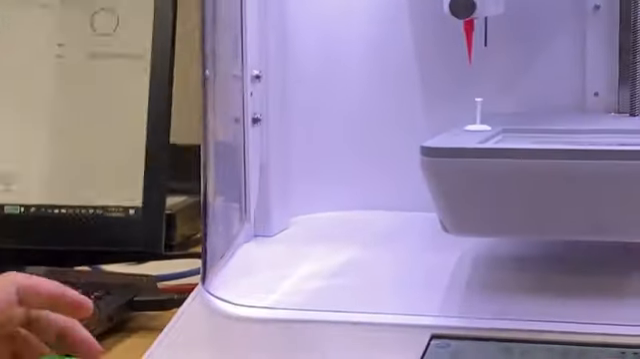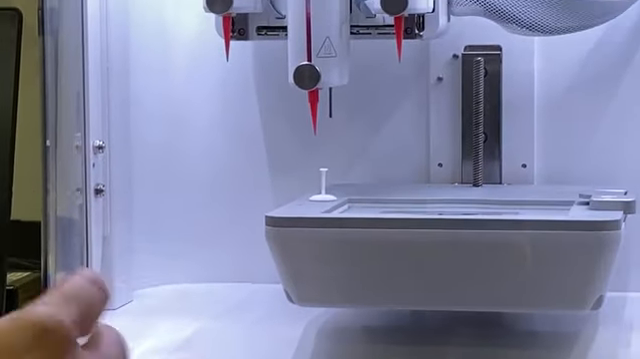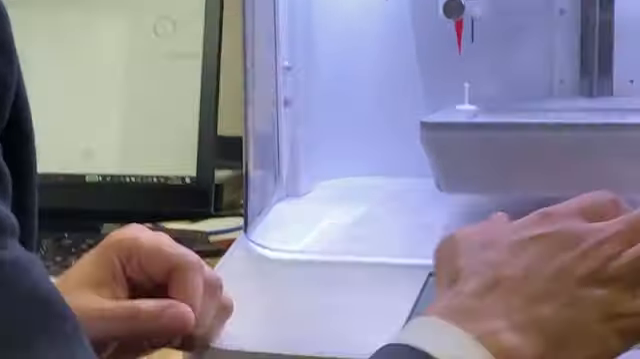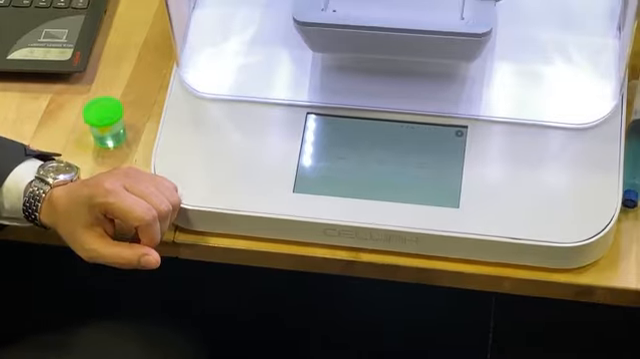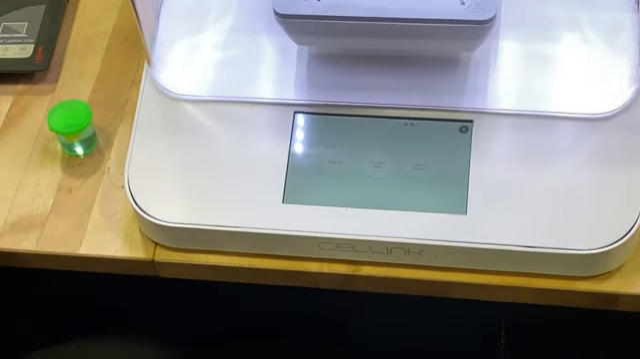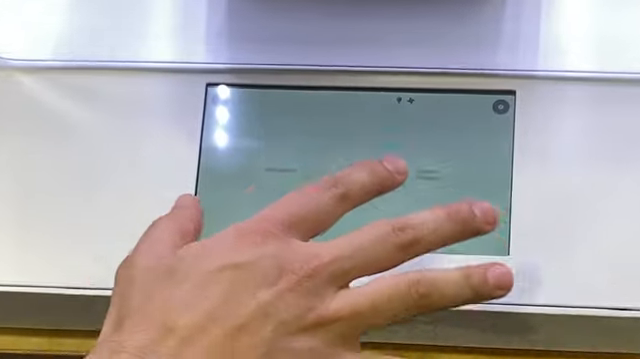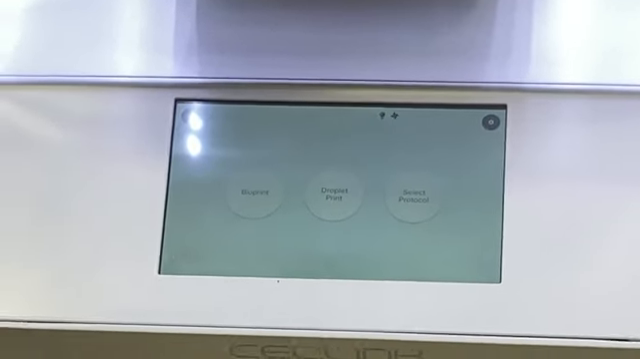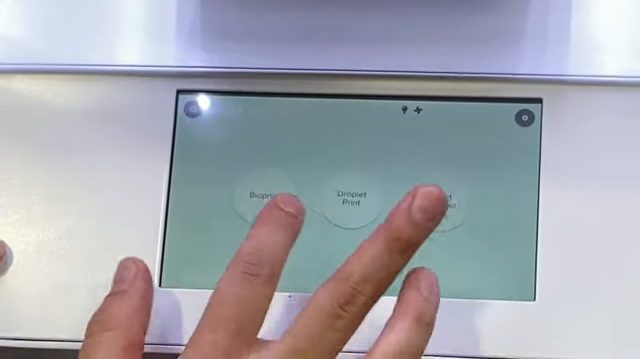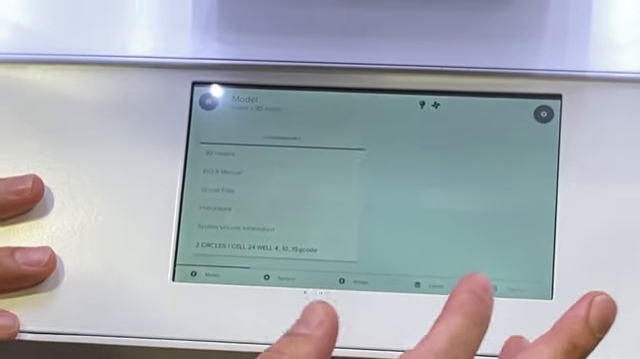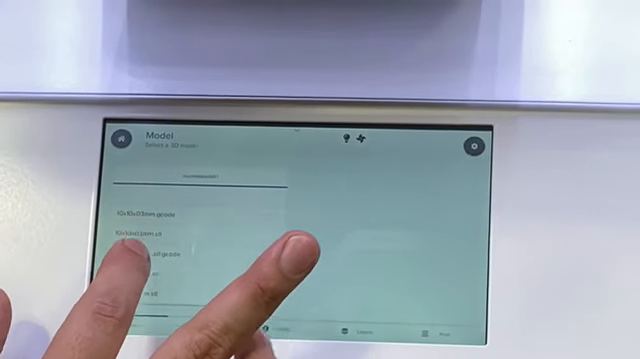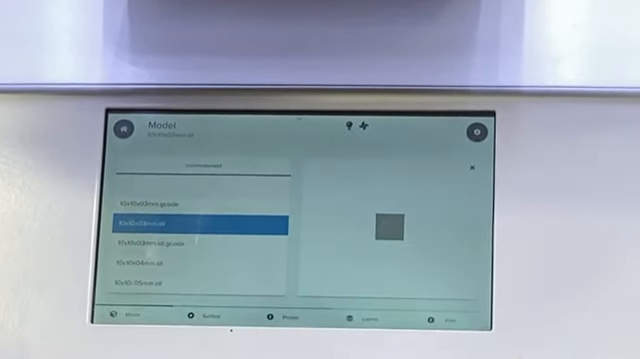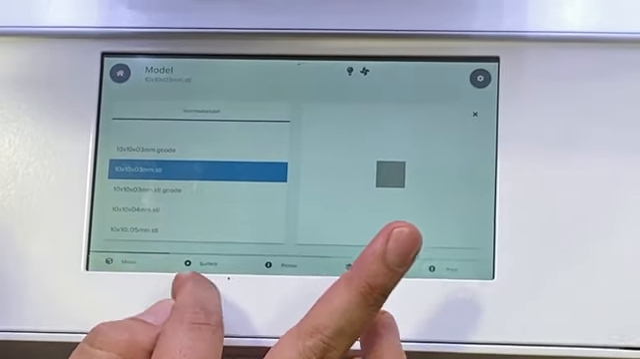So I'm gonna print something here, and I'm gonna show you what is the protocol that you can use. So first of all, maybe you want to know how to work with the bioprinter, you can come here because there is no screen that I can share from the touch screen to the computer. So you can choose the bioprinting option and then select the model that you have to print. I'm gonna print the square that you can preview here, right? And I'm gonna